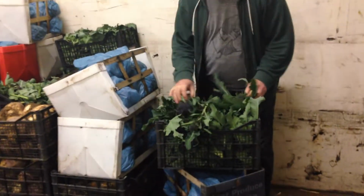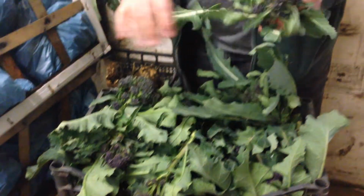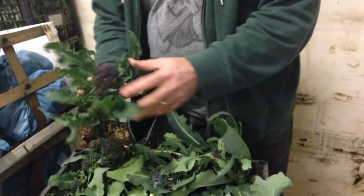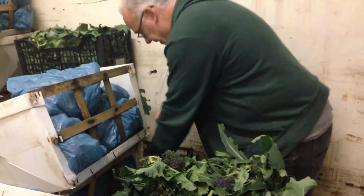More purple sprouting, the warm weather's really making this grow on. As I said last week, don't forget, use the leaves, they're all perfectly edible, but as you can see the buds are really coming on now. Right,